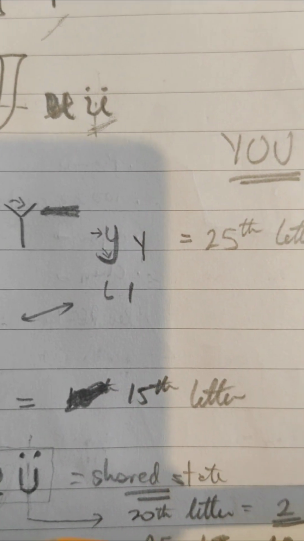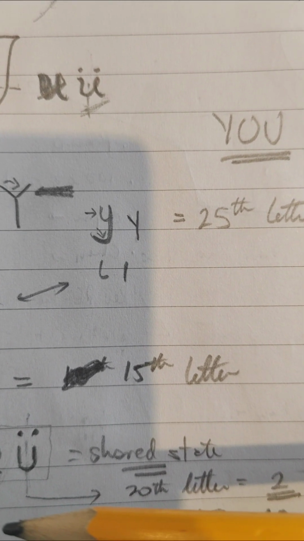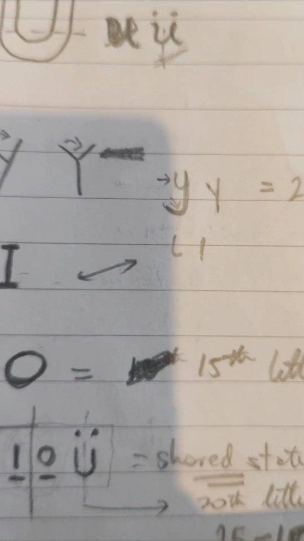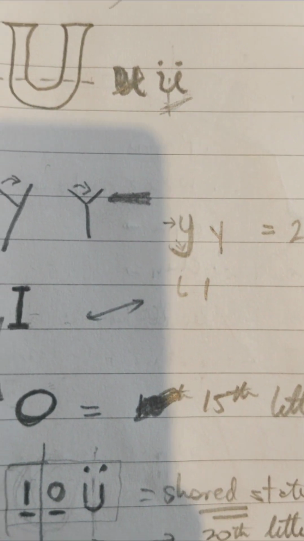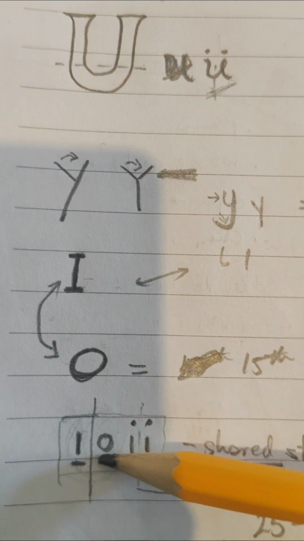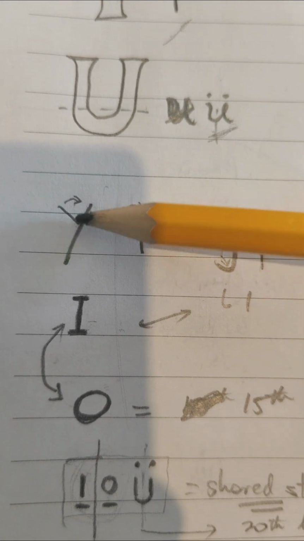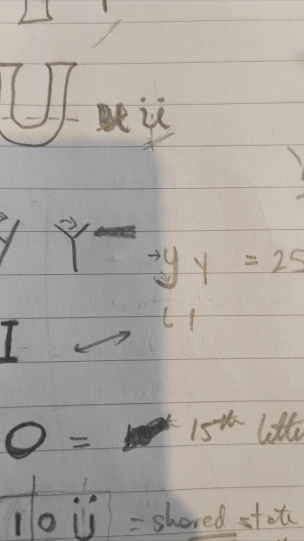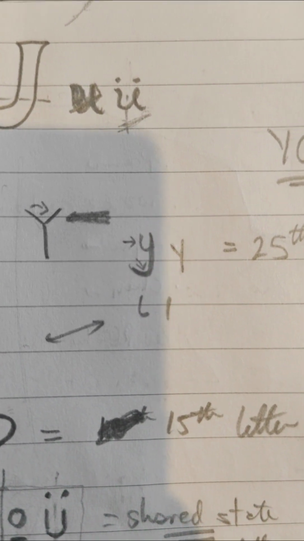There's nothing shorthand about anything. All these things are codes, all these terms are codes, all these words are codes, all these poems are codes, all these adages, proverbs, whatever, they're all codes, guys. Okay, so we've established 25th letter, 15th letter, you take it away, you've got the 1 and the 0, which is the same as the 1 and the 0 that exist in the English. If you were to take this sonically, it's still an I-O, yeah? Because Y is just a type of I, yeah? I didn't come from Y, Y came from I, if you know what I mean.